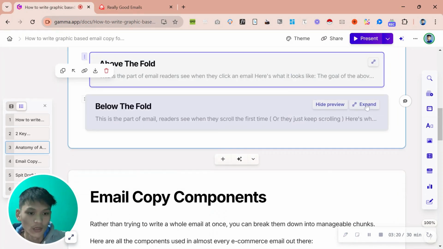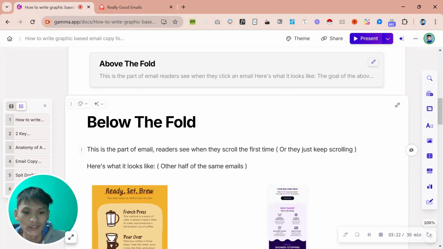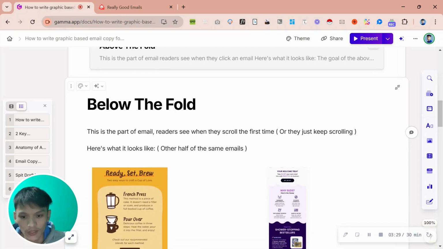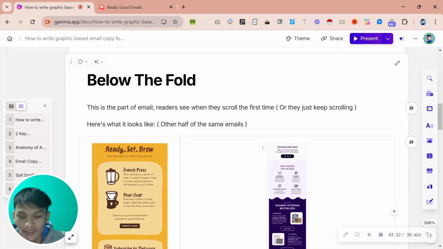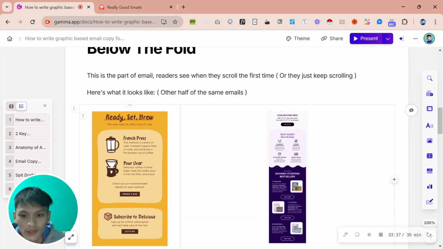Moving to below the fold, basically this is the part of email readers see when they scroll for the first time, or anything past the first scroll could be considered as below the fold, right? This is what it looks like, and this is for the same two emails that I've shown you previously. So Phil's Coffee, they just talk about ready, set, brew, just giving them instruction on how to create a cup of coffee and stuff. And with Surts, they are like talking about